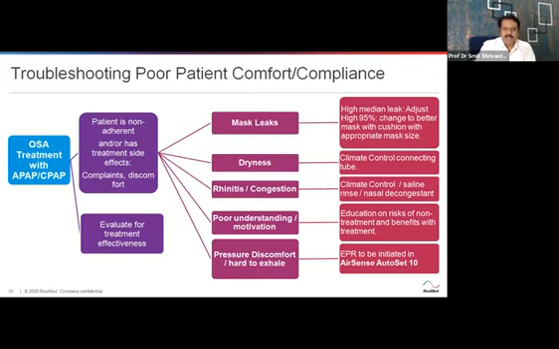So there can be reasons where the patient is uncomfortable. It can be mask leaks, the mask is not snugly fitted. It can be dryness. So these machines come with a water reservoir to humidify the air, which avoids the rhinitis or congestion part. It needs some motivation in the early part, but later on these patients become kind of addicted to it. And for pressure discomfort or difficulty exhaling, there are algorithms which can have that auto set thing, APAP thing